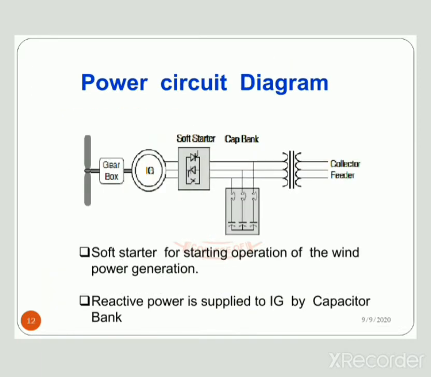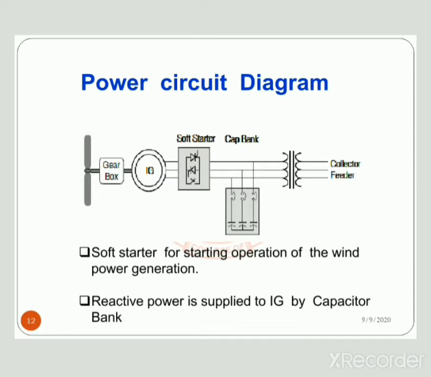Next, we have to see the power circuit diagram. This circuit diagram is simply used for wind power generation. Whenever the collector catches the wind pressure, it is fed to the induction generator. Before the induction generator, the soft starter is connected, and this soft starter is completely electronic, using a thyristor system. Whenever the induction generator has to be activated, the soft starter is used for starting operation of the wind power